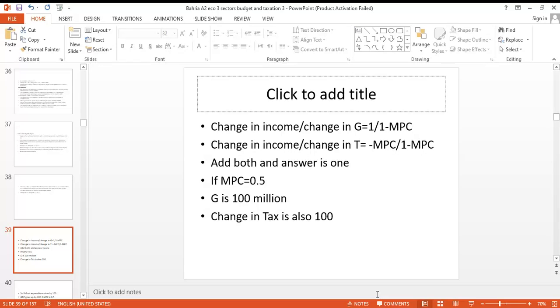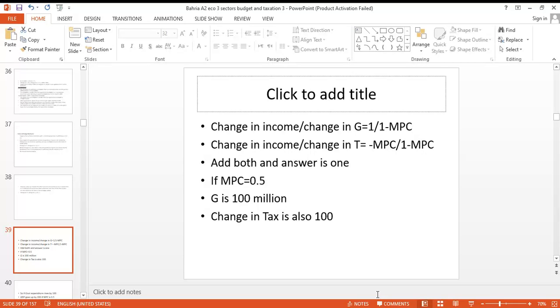Change in income divided by change in tax is equal to negative MPC divided by 1 minus MPC, which is the tax multiplier. Okay, if you have these two formulas on the piece of paper right in front of you, then we can move forward with our first set of assumptions. So the assumption here is that MPC will be equal to 0.5, marginal propensity to consume is 0.5, and in this situation the